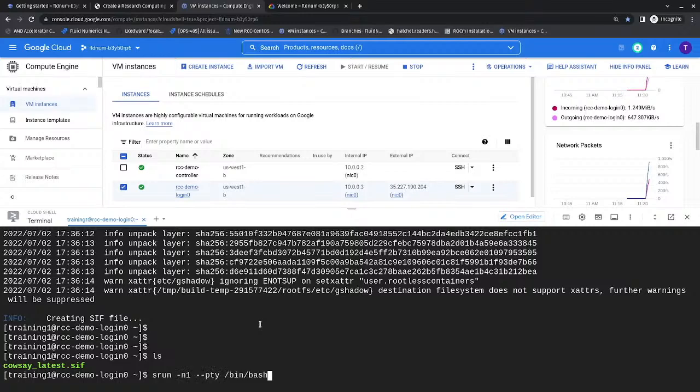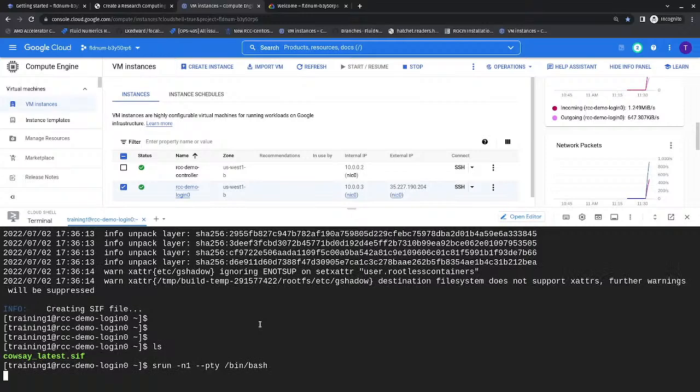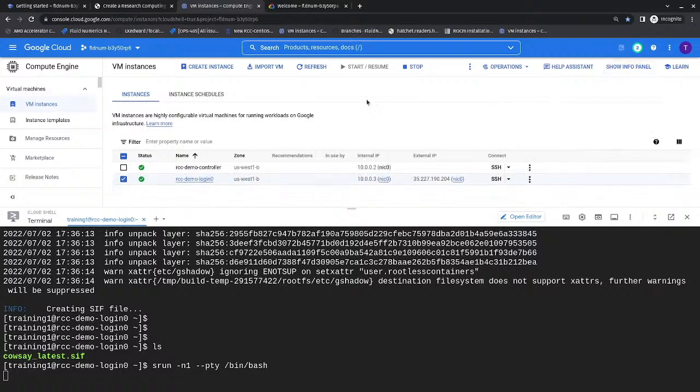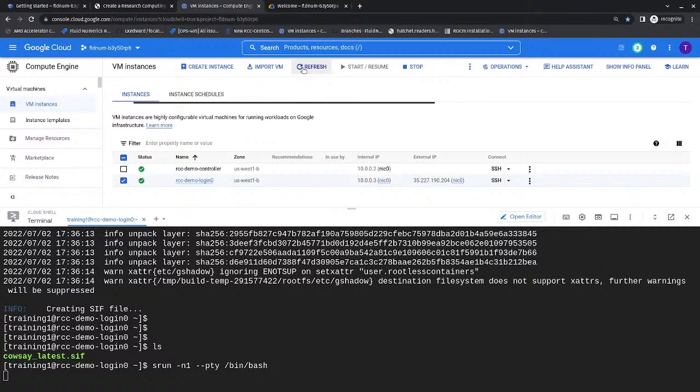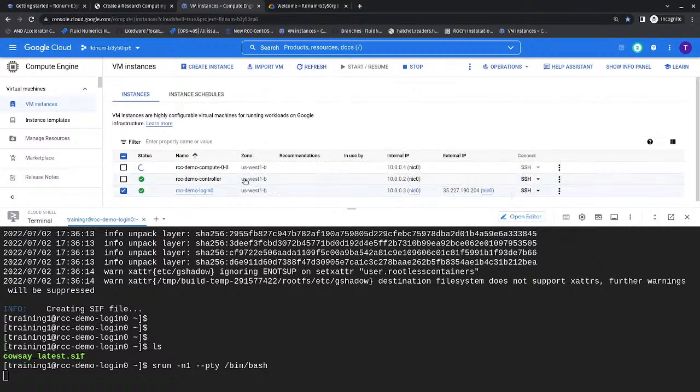So we'll run that, and it's going to take a minute because in the background, what's happening is Slurm says, all right, I've got these idle cloud nodes. I need to go provision one so that we can run this job that training1 is asking me to do. So you can see now if you refresh your Compute Engine UI, that we now have